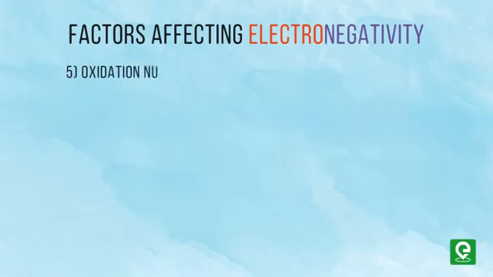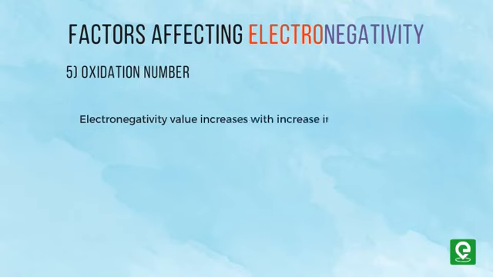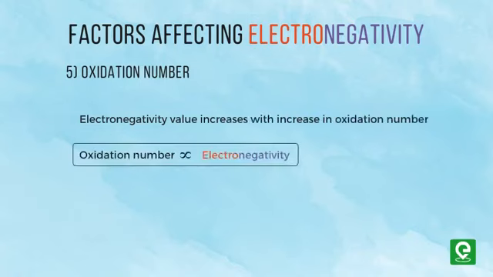Number 5. Oxidation number. The electronegativity value increases with the increase in oxidation number because the radius of an atom decreases with increase in its oxidation number. For example, the order of electronegativity for 3 oxidation states of iron is as follows: Fe3+ greater than Fe2+